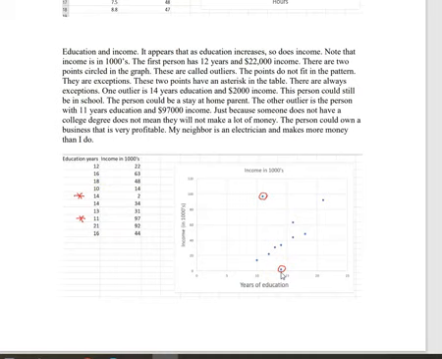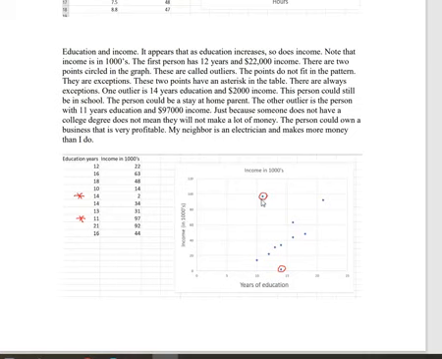This person could still be in school. They could be a stay-at-home parent. Okay, those would be some possible reasons why they're not in this pattern. Okay, we have another outlier here, and it is this 11-97. Somebody with 11 years of education and $97,000, okay,